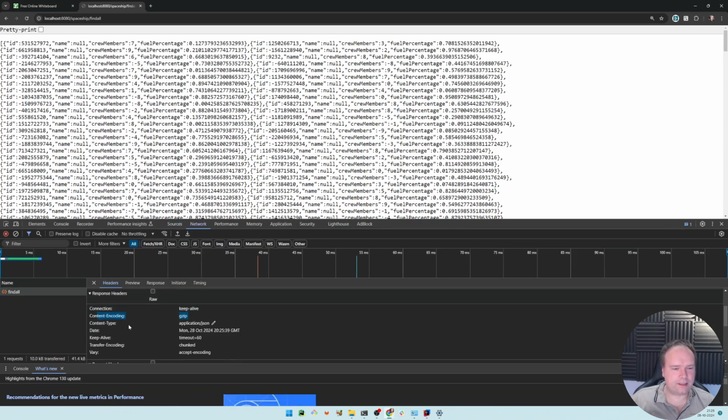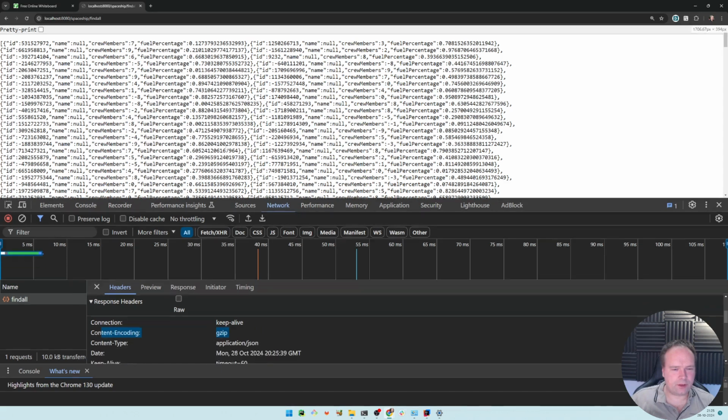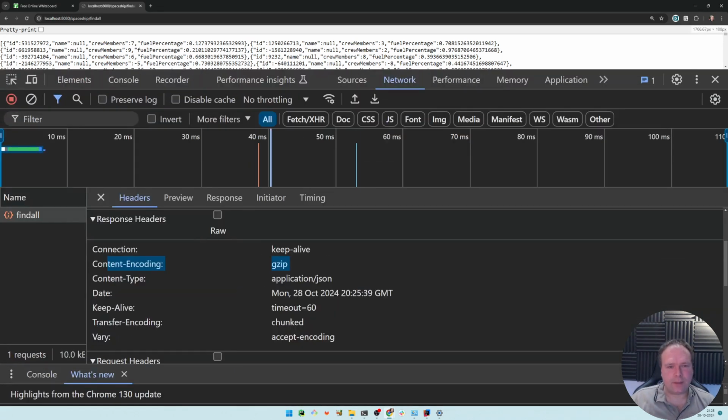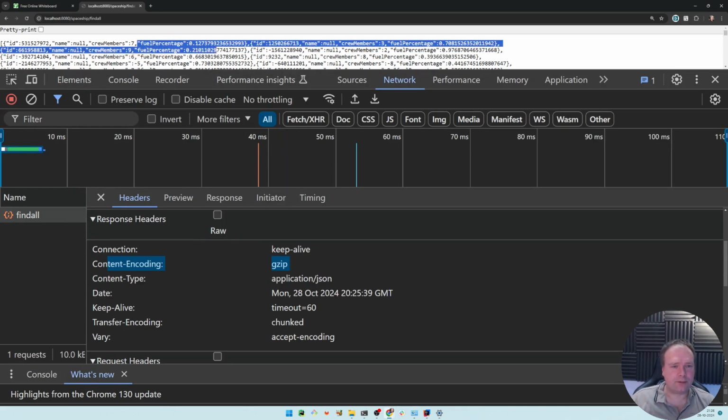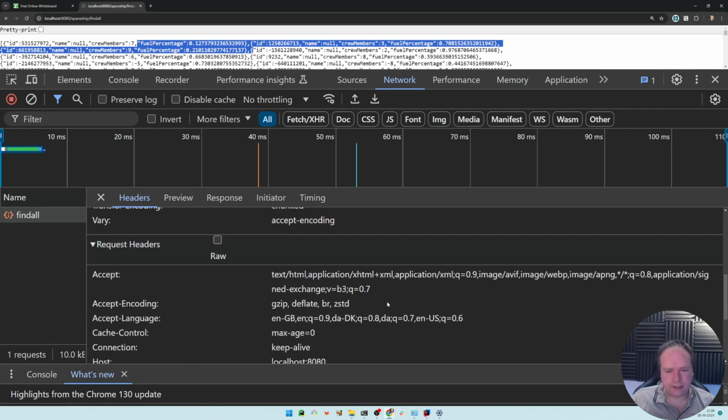There it is, content encoding Gzip. Whoa, inside the response. Whoa. That is exactly what I wanted. And the browser just knew that because this is Gzip encoded, it will just unzip it. So we can, of course, see all of the content right here. So that is really awesome. And that's what I mean with most clients actually know how to